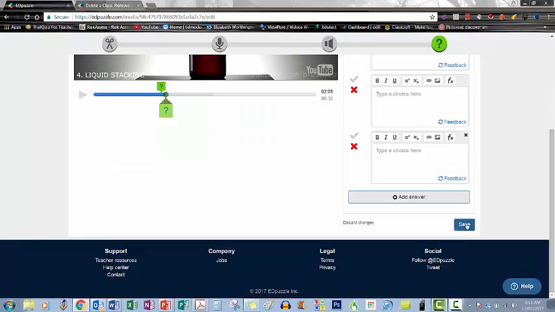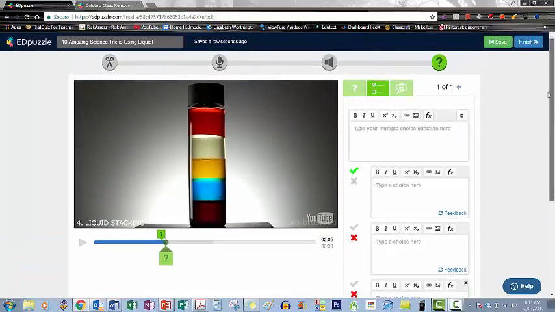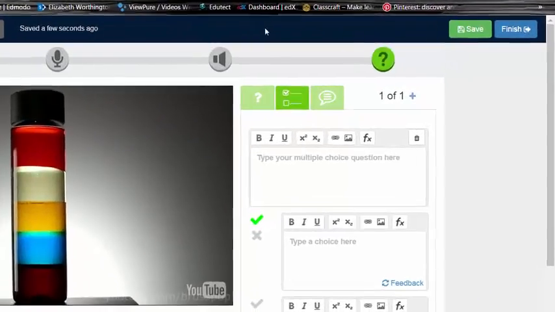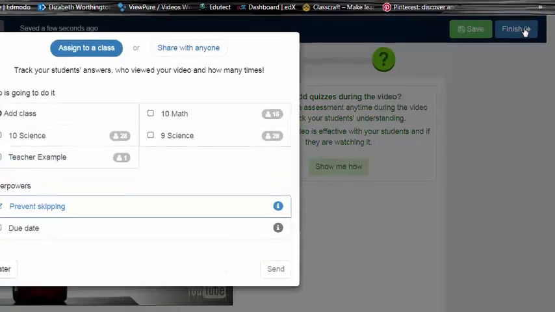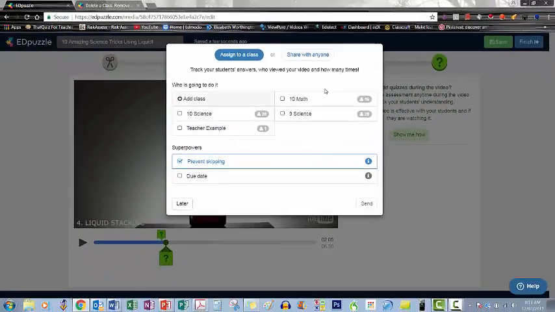And again, once you've got your question in, you just press save. Once you're happy with all of that, it does save as you go along. You can see up here it says saved a few seconds ago. Just make sure that it's saved, and then you click on finish. When you click on finish, it gives you an option to allocate this video to the class that you want